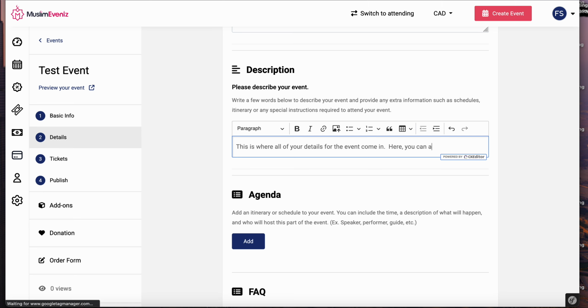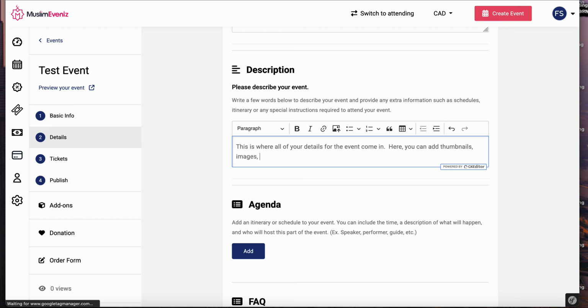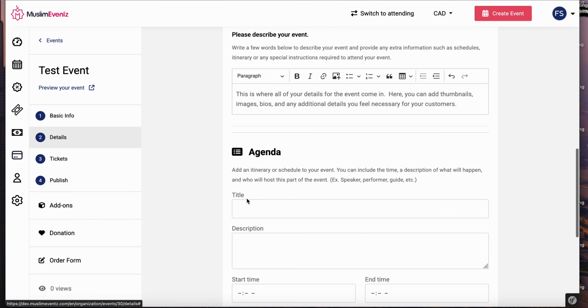Here you can add thumbnails, images, bios, and any additional details you feel necessary for your customers. Okay. Now, for your agenda,